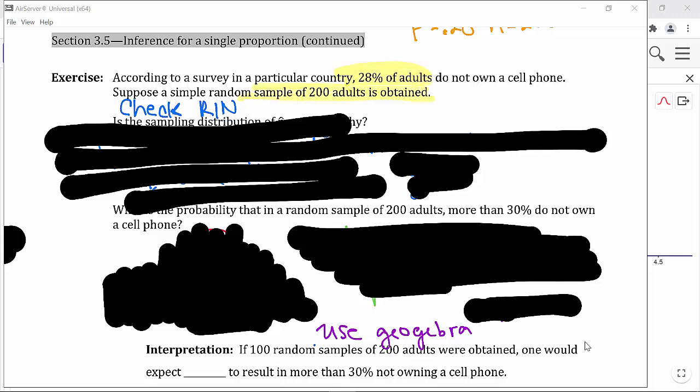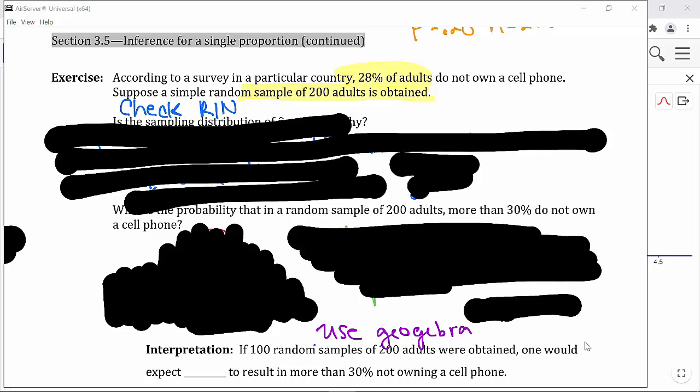So either way, you're going to use the formula, but it's almost like we're going to center everything around 28%, because that's our original guess for the percentage of people who do not own a cell phone. So it says, is the sampling distribution normal and why? And according to the notes from before, we have to check our RIN conditions, which would be random, independent, and